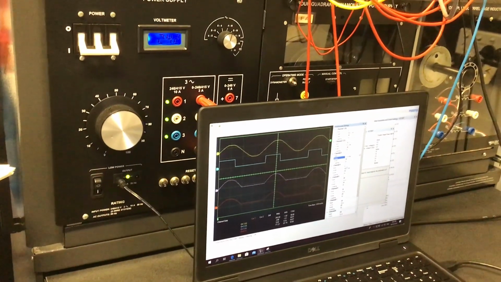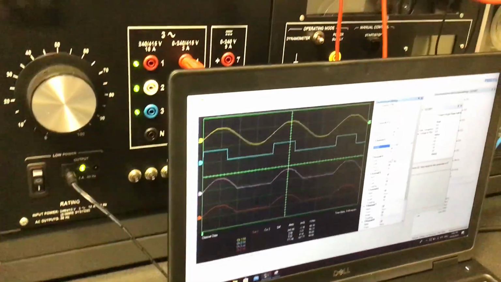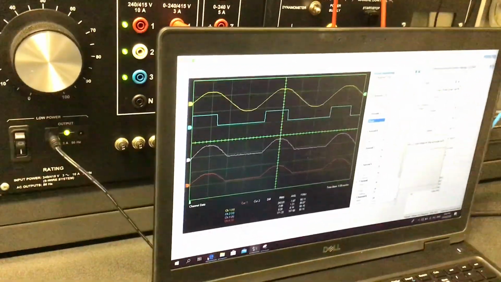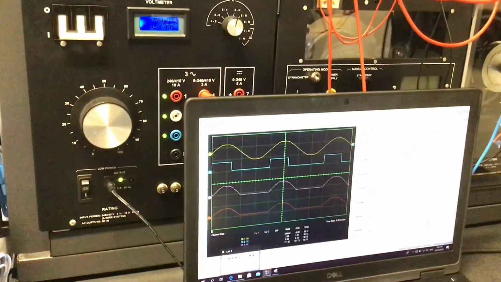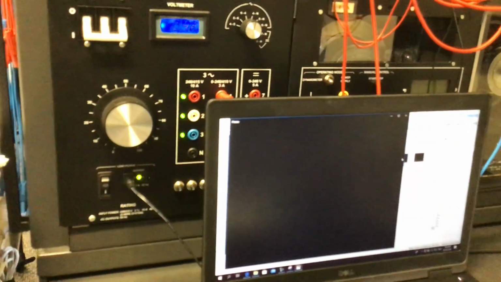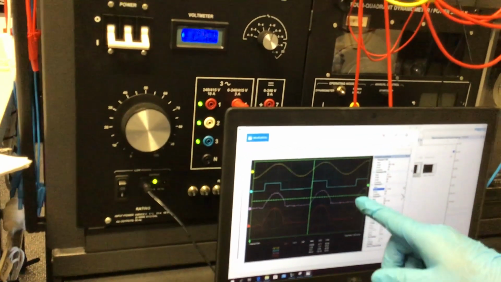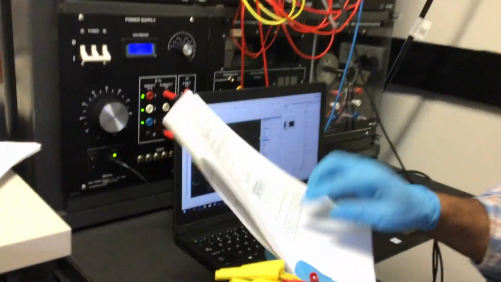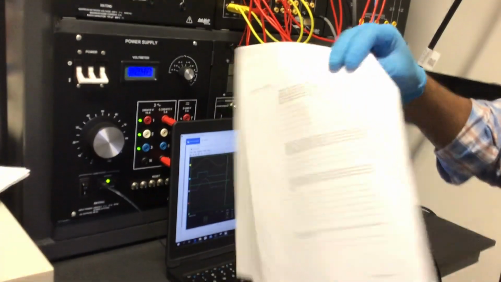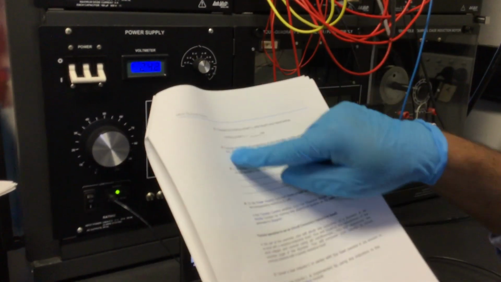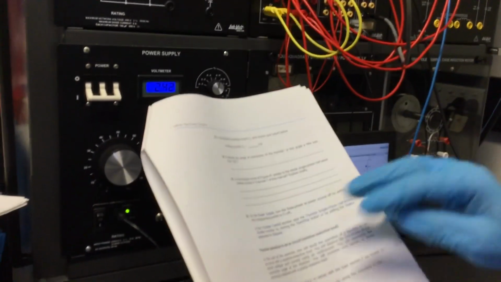You can see the result. I will send you this result. This is step 22. From this graph, you have to answer some questions, steps 23, 24, 25 and 26, based on the graph.